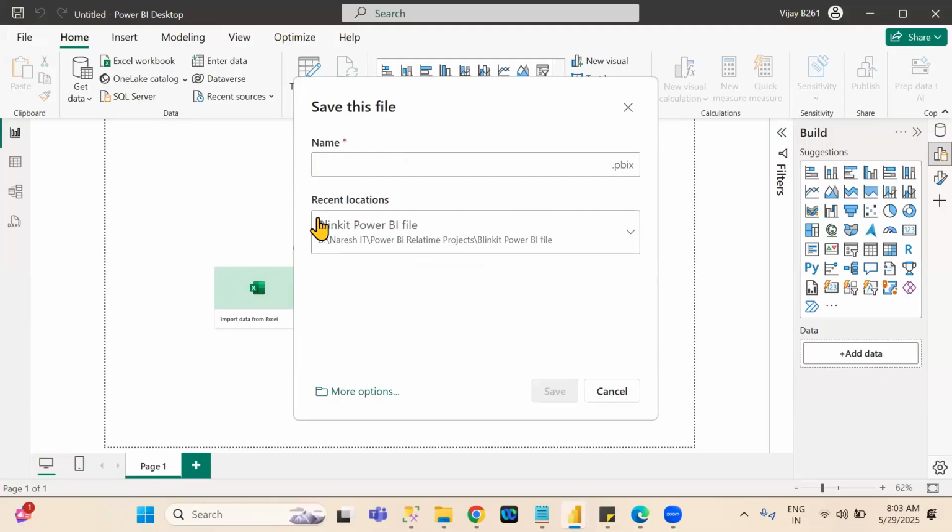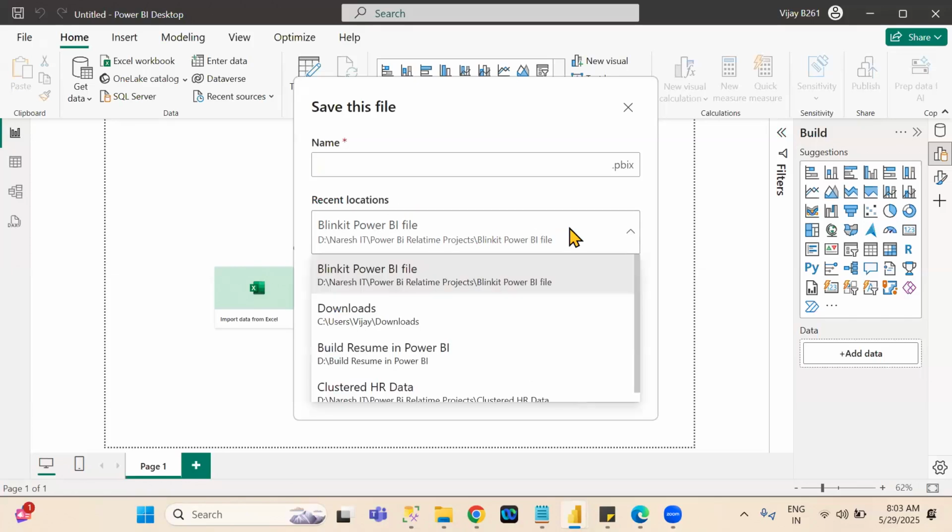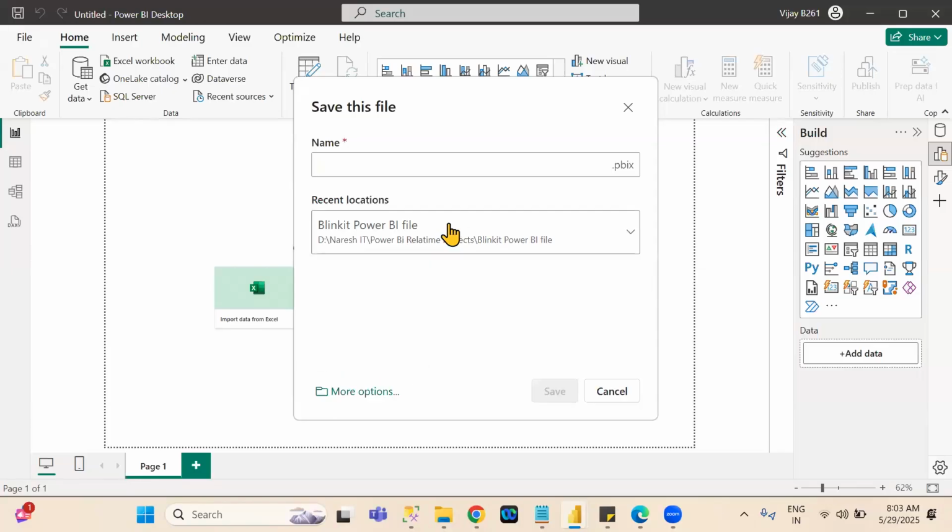And this is the default location. Understand or not? These are the default locations. In downloads, you can save like that. These are all default locations. But if I want to save in my own location, not in the default location,